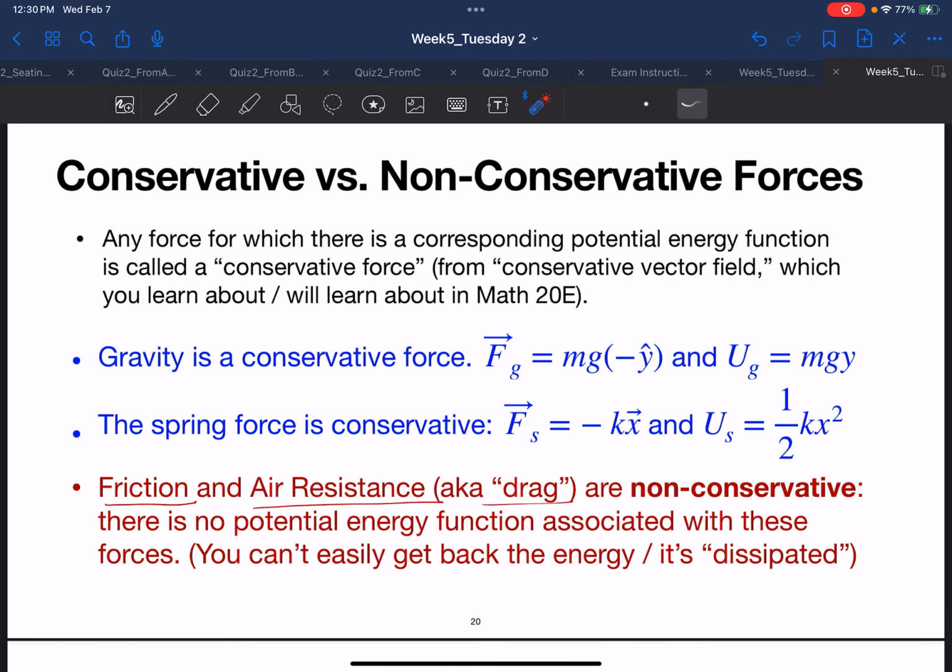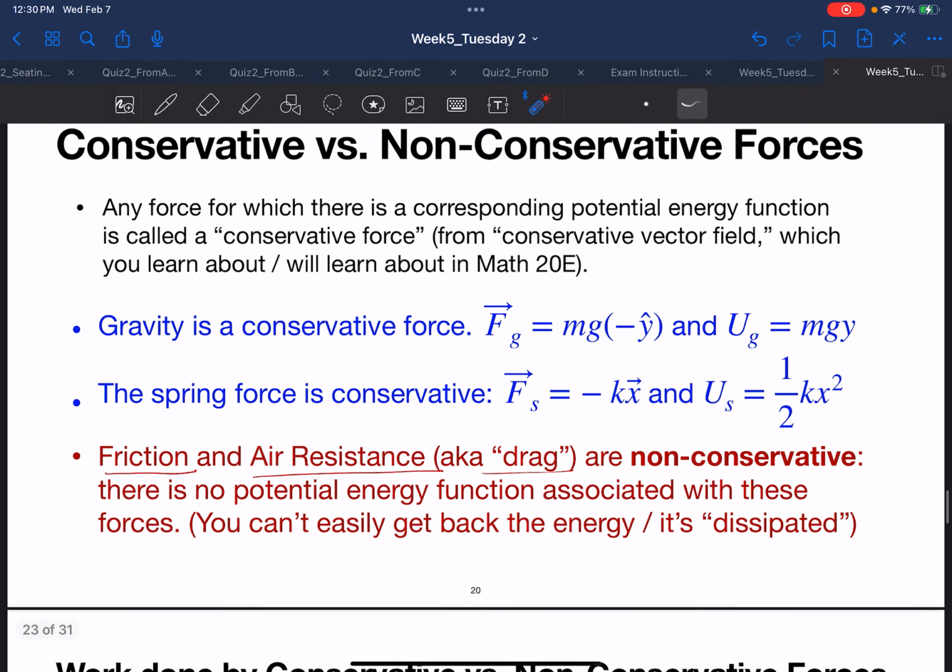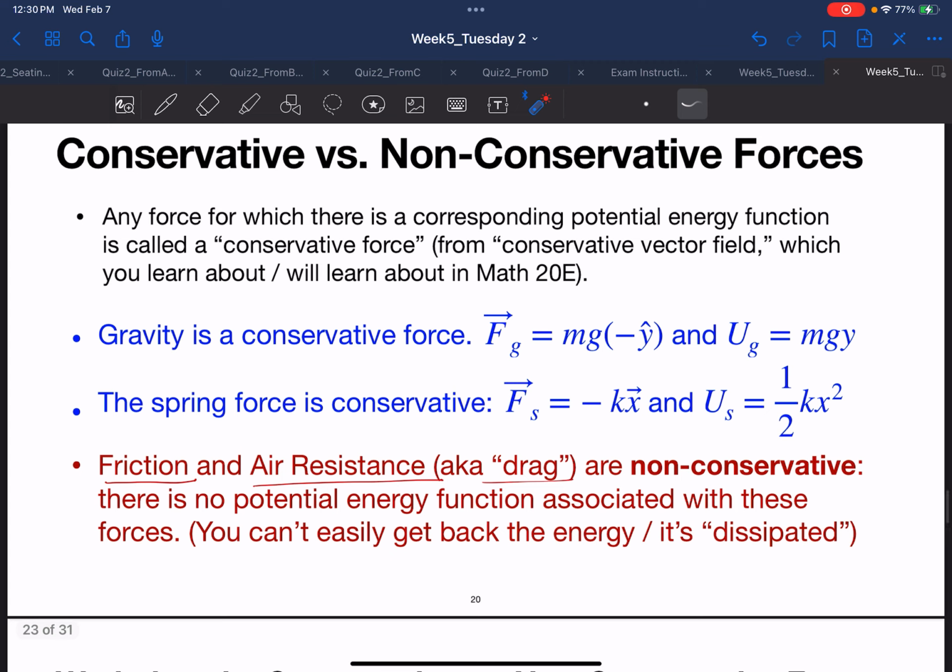So I felt that these last few slides were a bit rushed during lecture. If you understood them, you don't need to watch this video, but if you felt like you didn't quite understand what we talked about during the last 15 minutes, I will try to reiterate it here a little bit more slowly and more clearly. Okay, so any force for which there is a corresponding potential energy function is called a